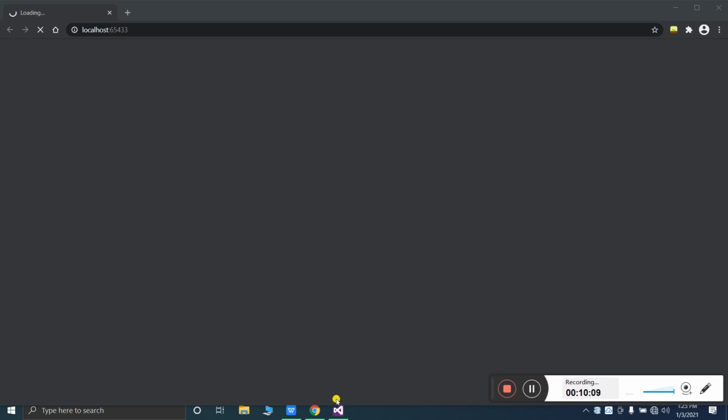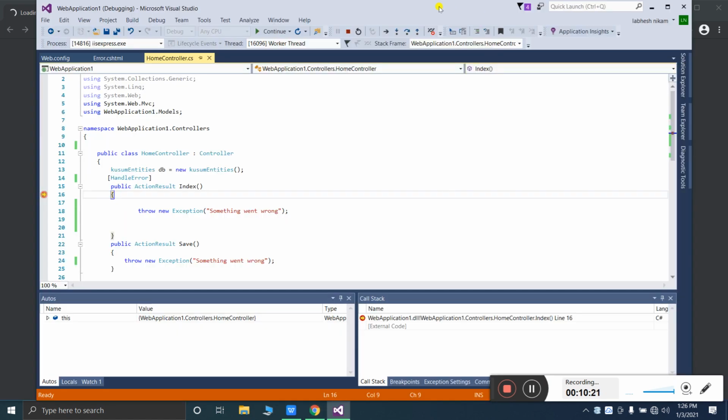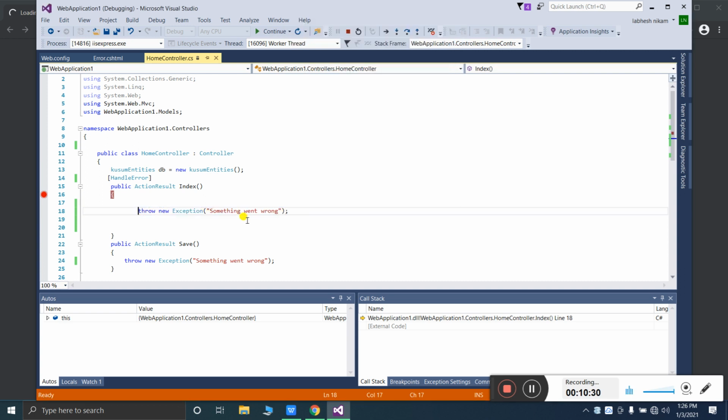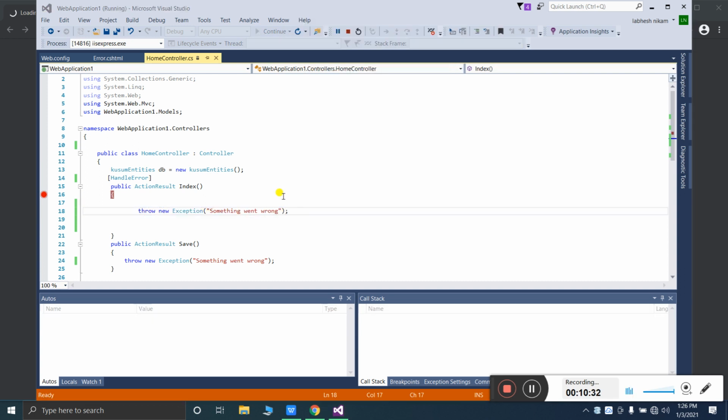You can see I have added this debugger point inside of my method. The debugger point is going here, and let's press F10. There is an error, so it will display the error page of the Shared folder.